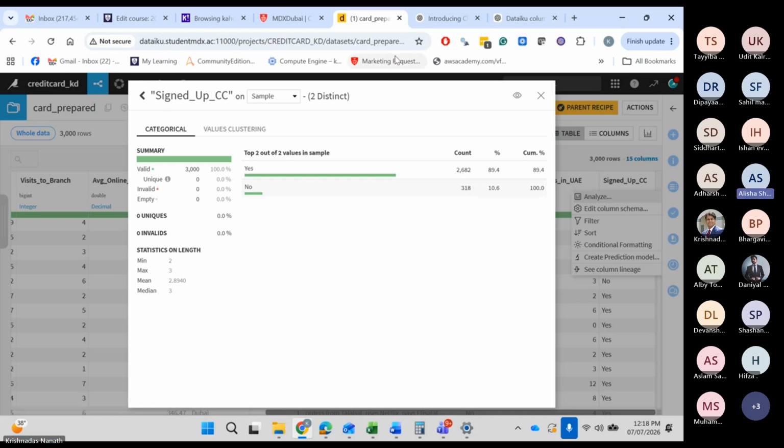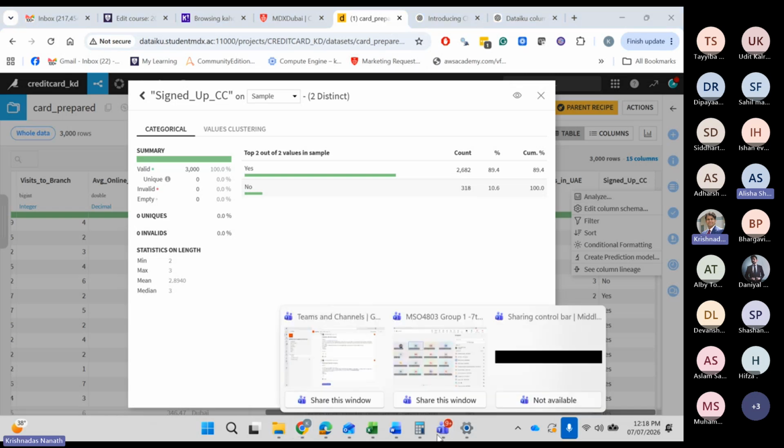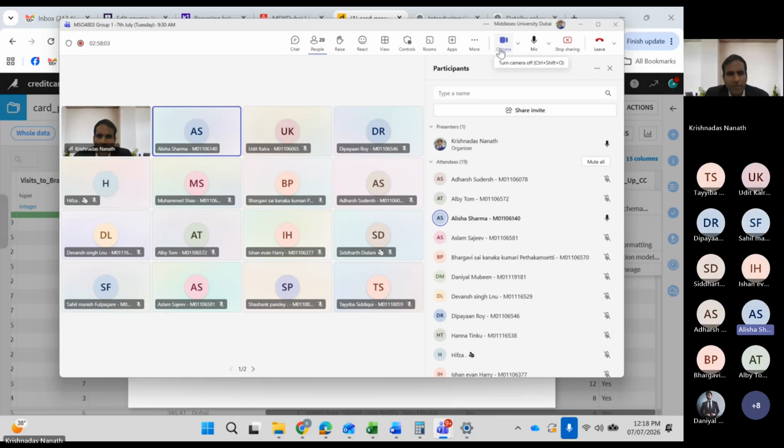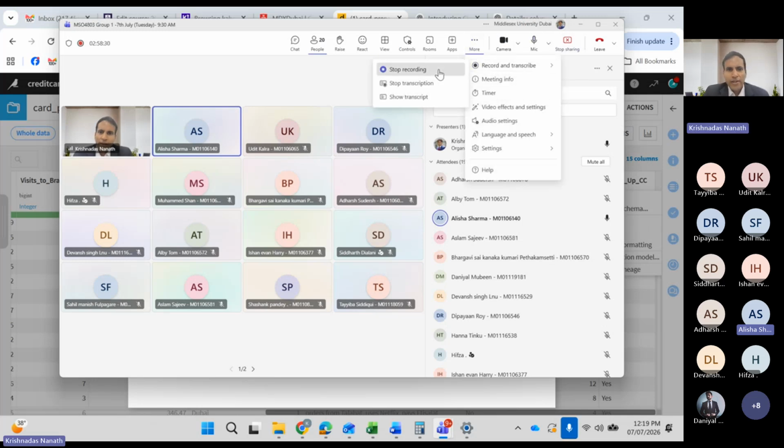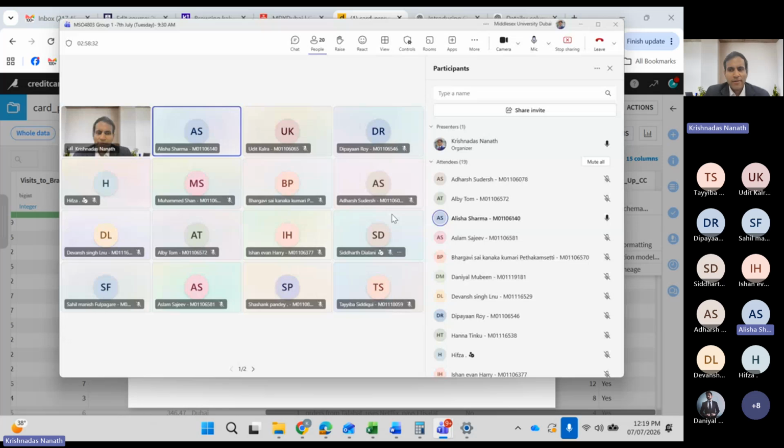I have one question. When we'll be doing the coursework, should we be doing the preparation on the whole data set or just the sample? Whole data. Definitely whole data. And then see if you can rerun the model with the sample if required. Like we figured out that the majority was yes, and so we will resample it again. Exactly. If required, resample. So will you be telling this in the next class? Yeah, I can show you the sampling. Yes, definitely. Okay. Thank you, sir.